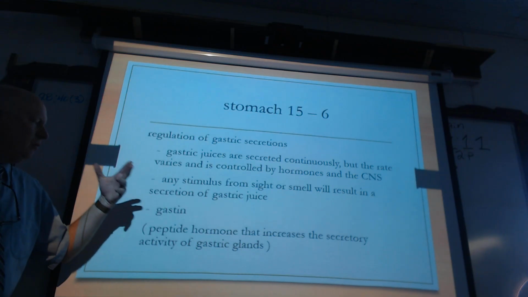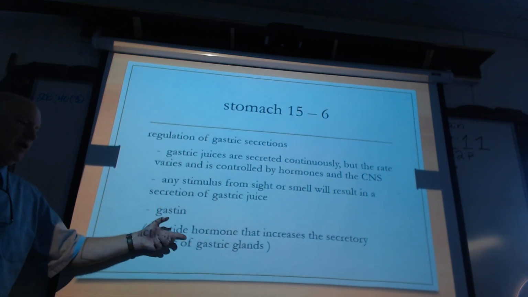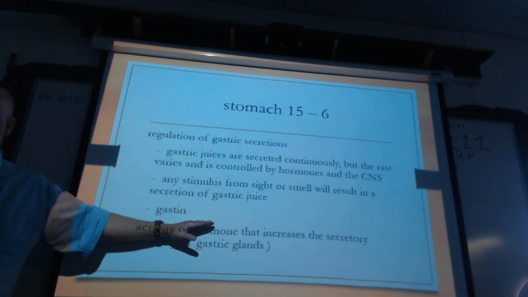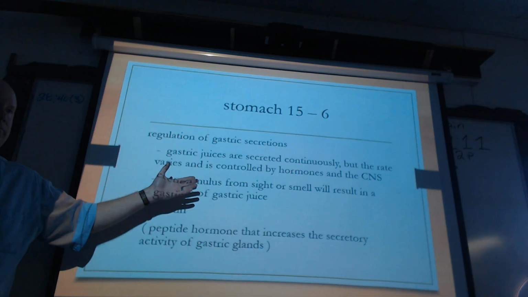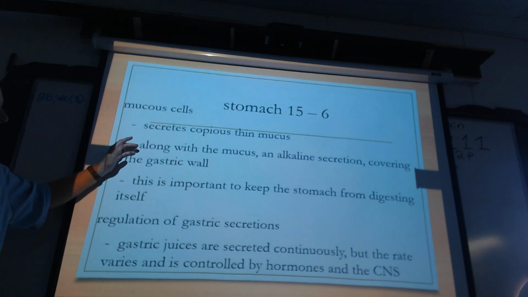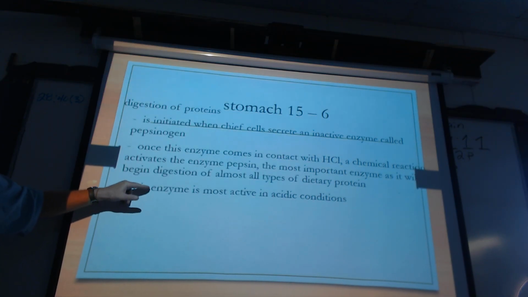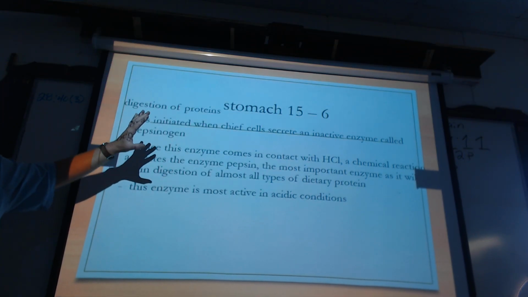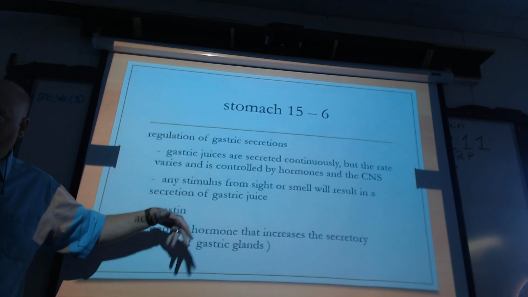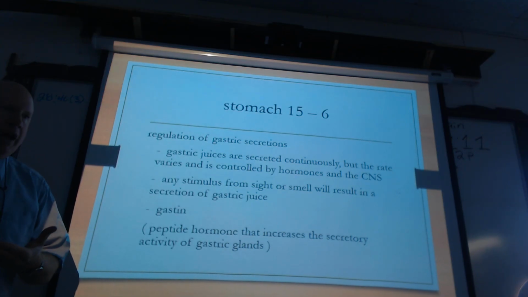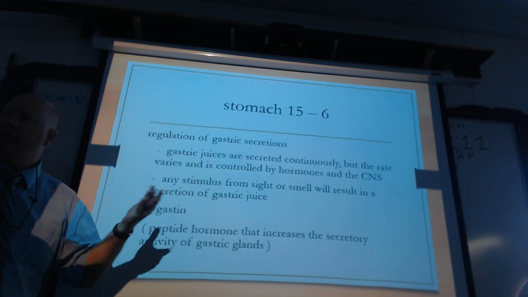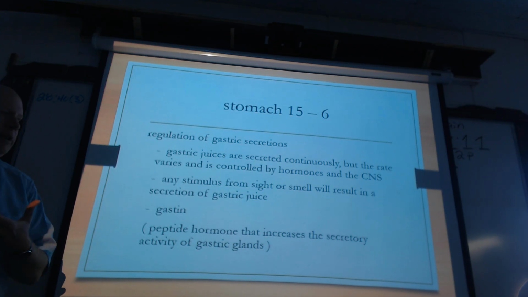But on the other hand, what happens if you're not secreting enough of this? What if this hormone isn't active like it should be? How is it that pepsin is most effective? Well, we got to back up just a little bit here, okay? Because this enzyme known as pepsin is most active in these acidic conditions. Well, if this is not working the way that it should, you're going to have problems digesting some proteins. So yes, it's important that it gets shut off, but it's also important that it gets turned on as well. Okay,